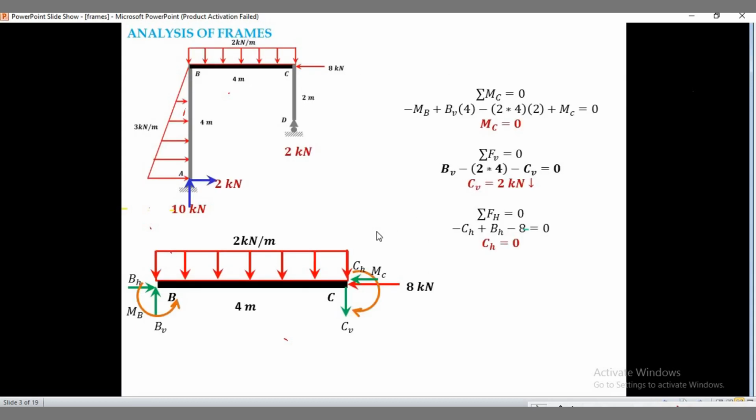So, I'll leave CD, si member CD, iwan ko na siya sa inyo. Para lang siya sa may AB, mas simple na lang kasi yung loading nito. Okay? So, ulitin ko, iwan ko na sa inyo si CD. Kayo na mag-analyze kay CD. Just follow what I did doon kay my AB. Okay? Then,